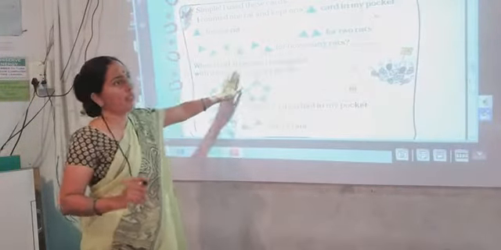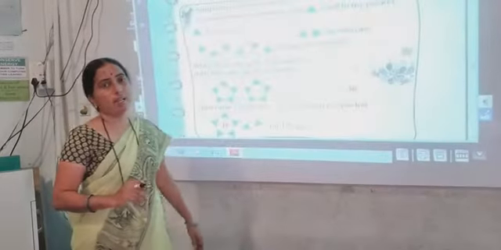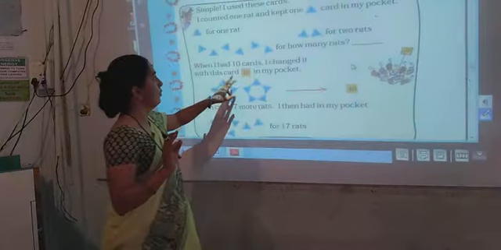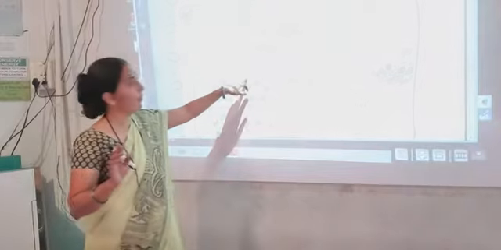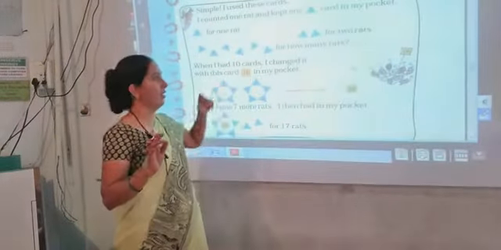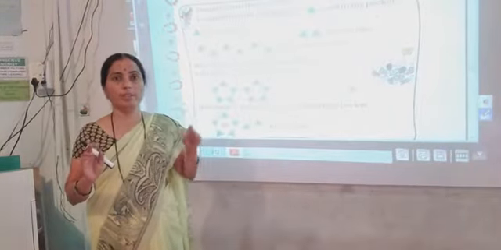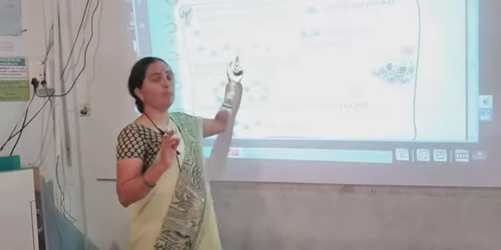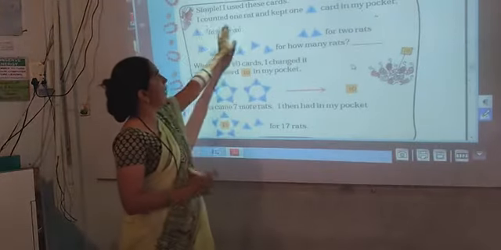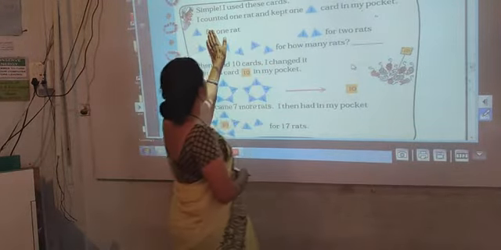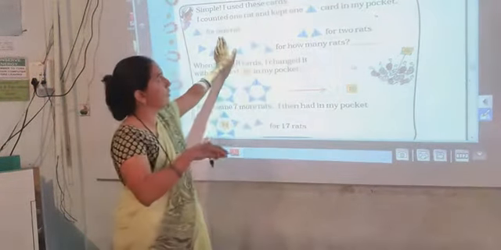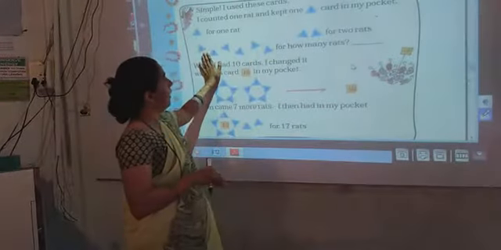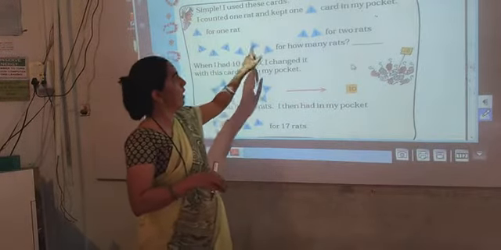The flute man said, simple, I used these cards. He has made some cards of 10 and 1. For counting 10, he is using the card on which number 10 is written. And for counting 1, he is using the card on which the number 1 is written. So here I counted 1 rat and kept 1 card in my pocket. So when he counted 1 rat, he kept 1 card with 1 written. In this way, he counted 1, 2, 3, 4, 5, 6, 7, 8.